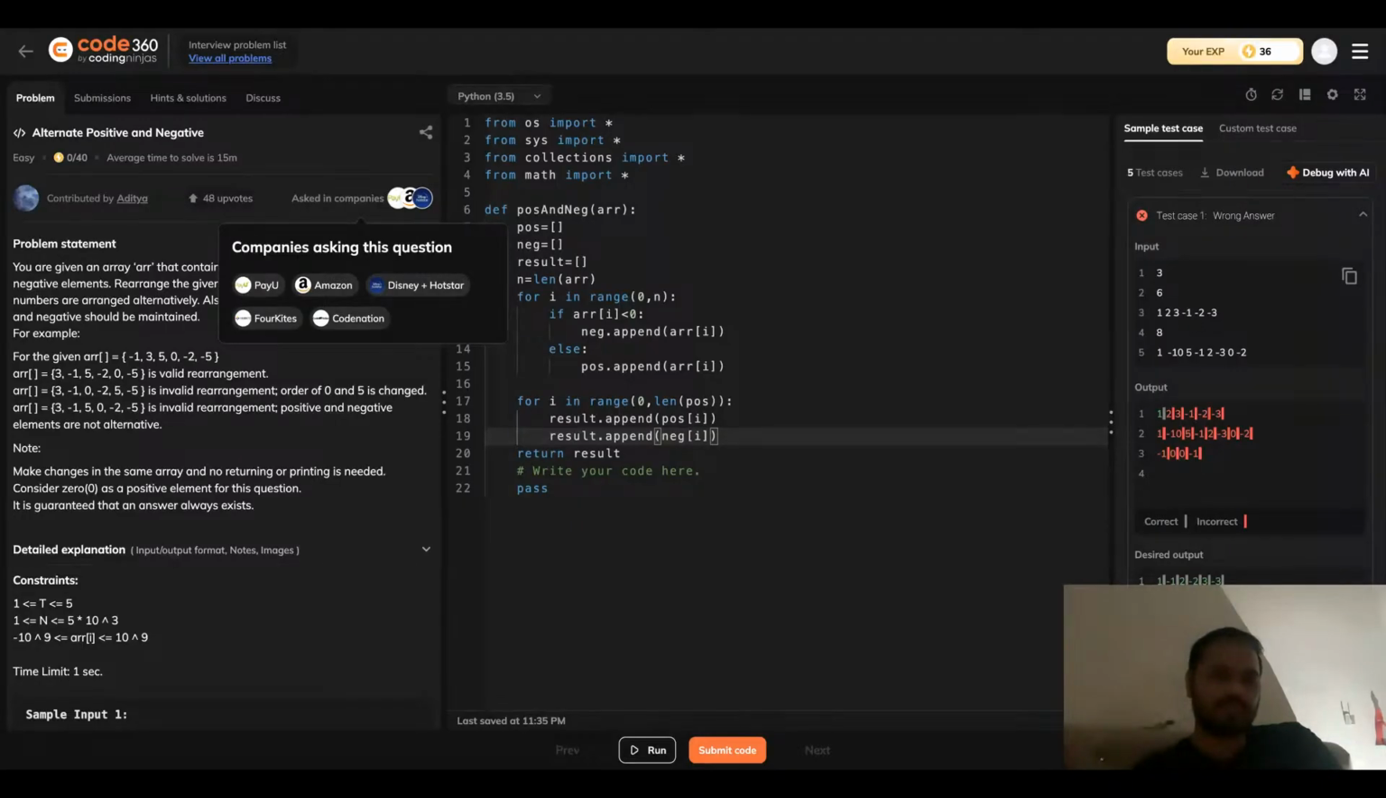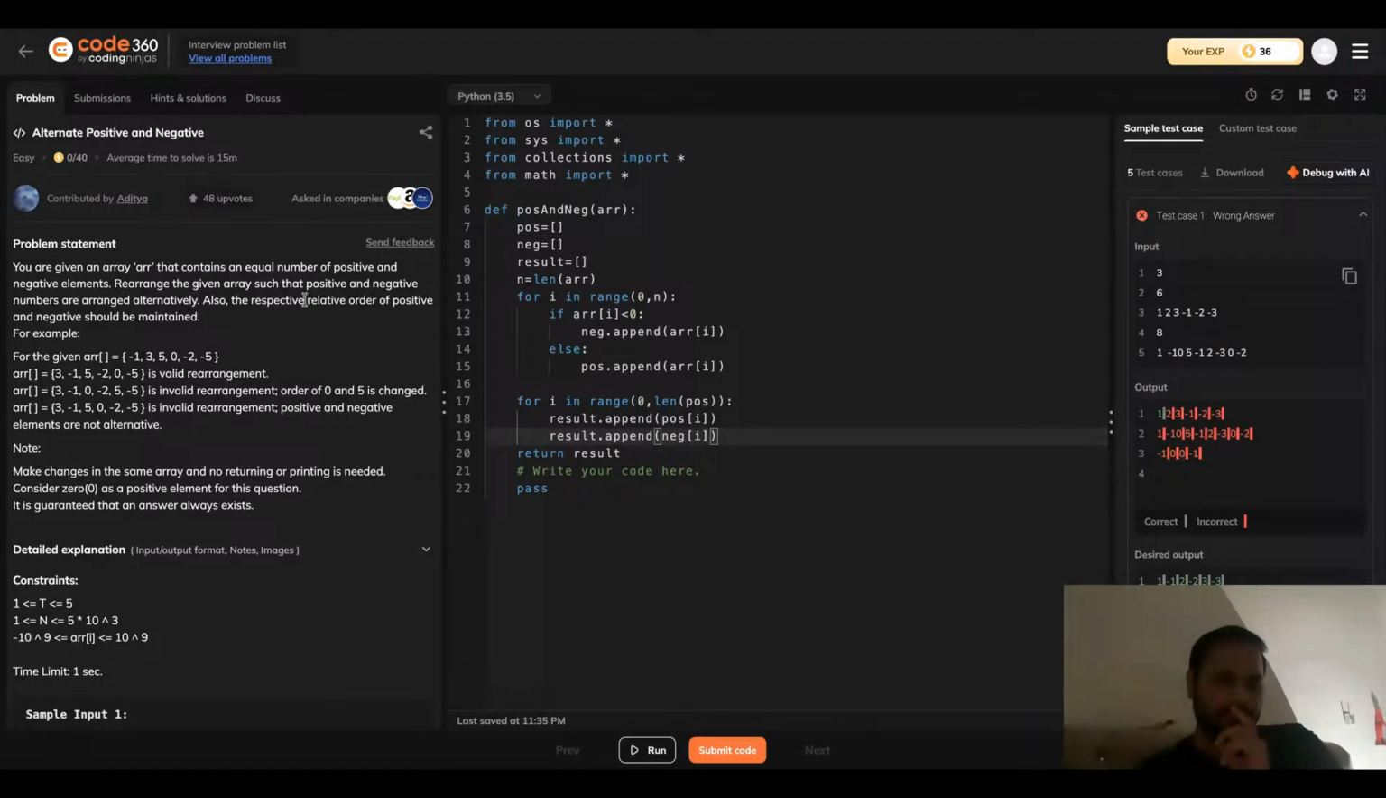Okay, so this question was asked in PayU, Amazon, Disney Hotstar, Four Kites, and Code Nation also. These companies are asking it, and it is a pretty simple question. It says you are given an array ARR that contains an equal number of positive and negative elements. So first of all, if there are total